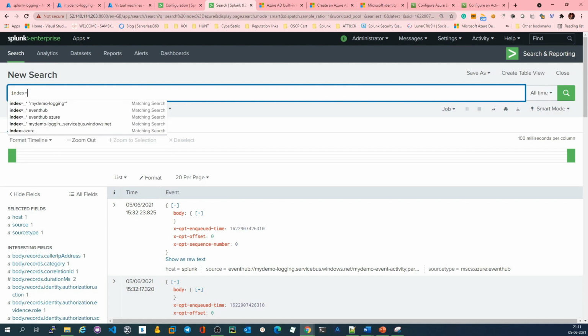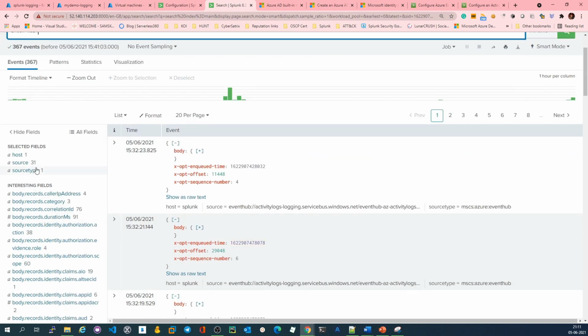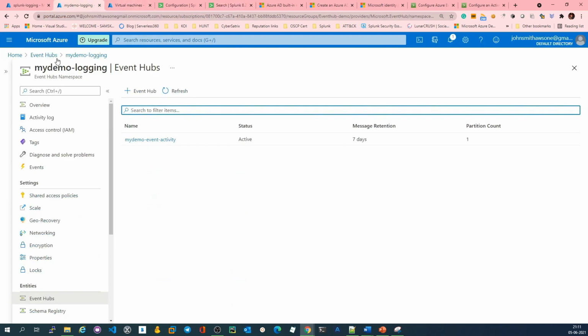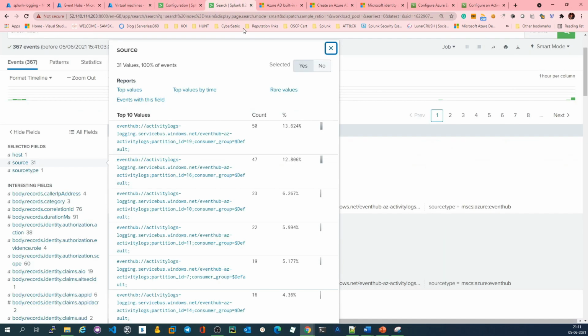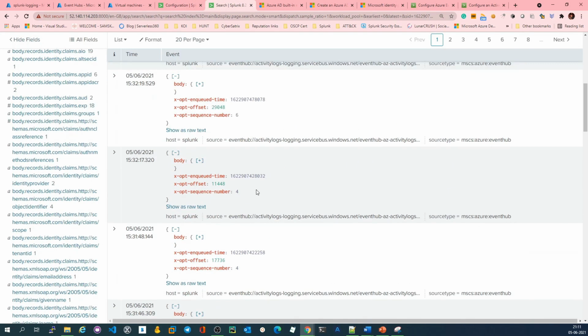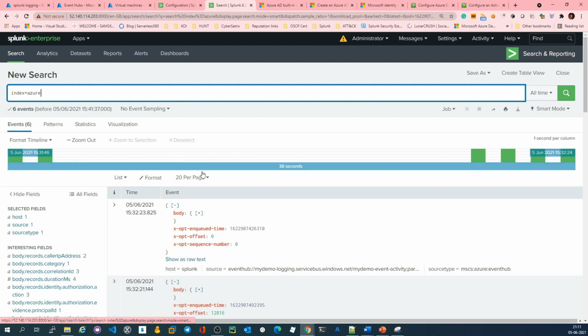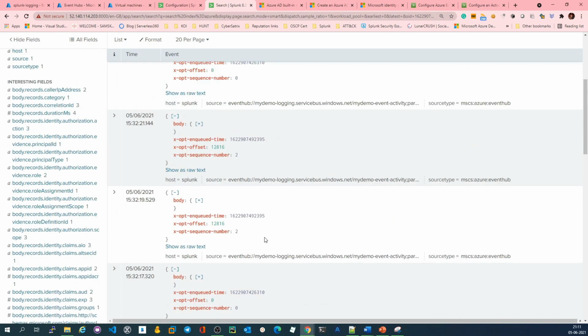If you see the index is equal to main, I've been receiving quite a larger amount of logs in this main, because this is from the region Central India, and this is from a different event hub namespace, that is activity logs-logging, which you see if I go to my event hubs, you will see activity logs-logging, that this is Central India, right? That's the reason I have pretty many more logs in this, compared to the one in the South Central US. And if you see, I got a few more logs now, right? In the Azure, I got a total of 6 logs in this now, right?